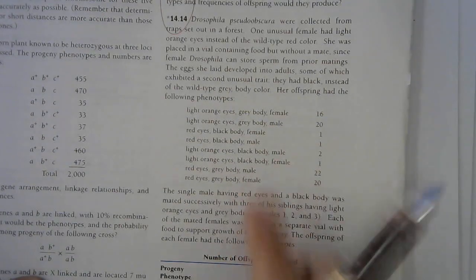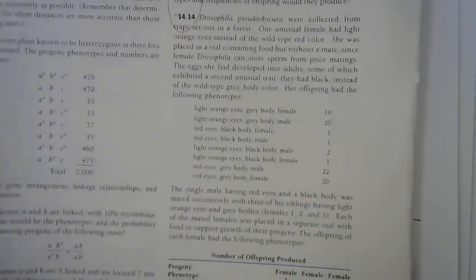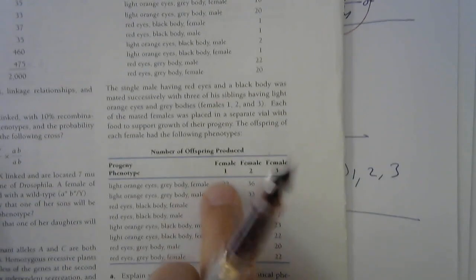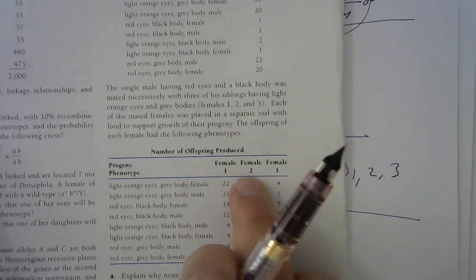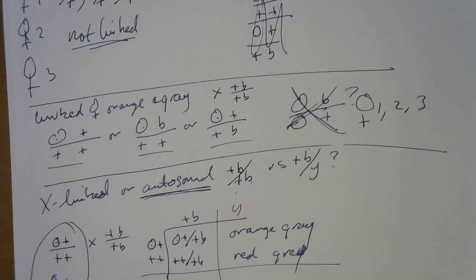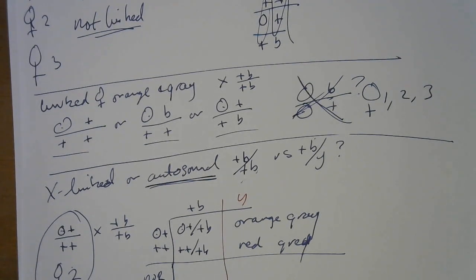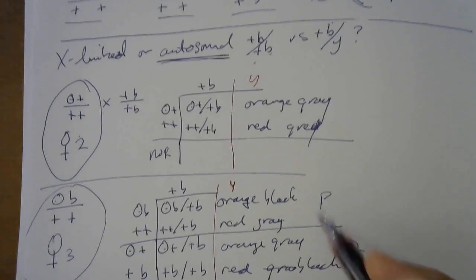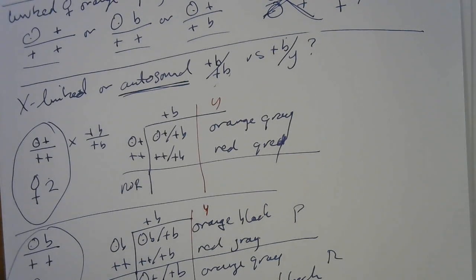Let me see if I can do this in time. It doesn't show up here, and then we would have to know how many female type 1s, how many female type 2s, so we'd have to have all the females here mated like this, and whether a single male would survive that or not, I don't know. So I don't think we can rule out X-linkage. The book rules it out, and it doesn't explain why it talks about dihybrid test cross. This is not a test cross. Okay, I have to stop here and go to another